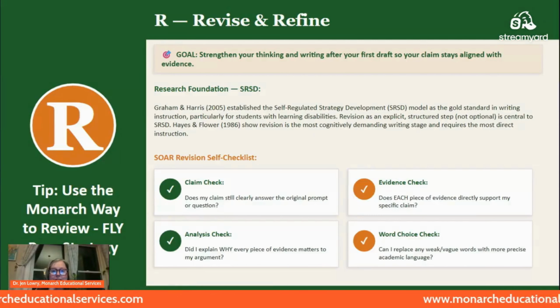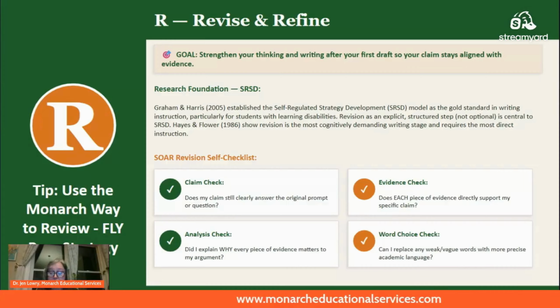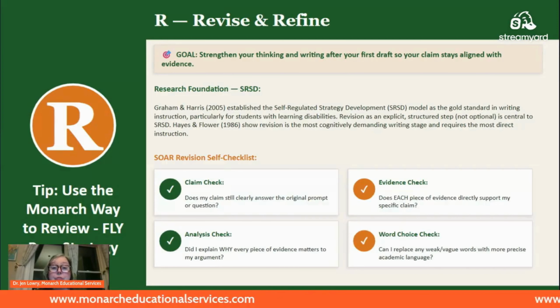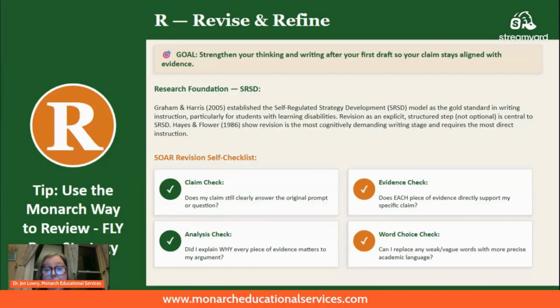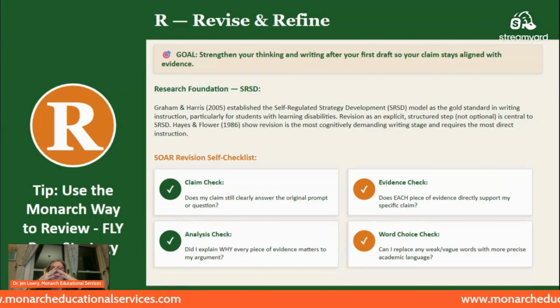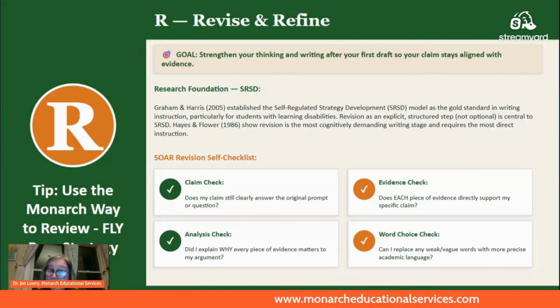Because writing instruction does not stop at completion. It doesn't. You have to teach students that revision is not an extra step. You have to teach them that it's just not an add-in. If you just have a couple more minutes before the bell rings and, oh, now you can do a revise. Like, this has to be a priority. It is where the deepest thinking happens, honestly. And we must make time for it.